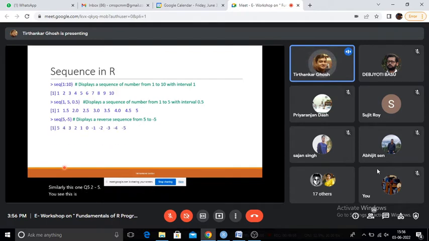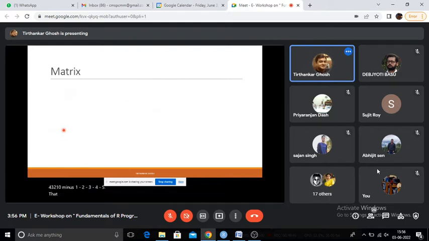So you can see that these are going in the reverse direction. Here we have given the starting point and ending point, and we did not give any increment, so the increment by default it has taken is 1. So 5 and then 4, 3, 2, 1, 0, minus 1, minus 2, minus 3, minus 4, minus 5. So that is how it is.